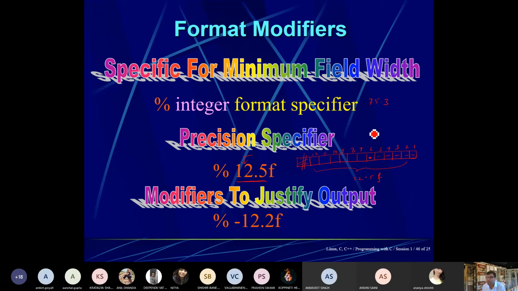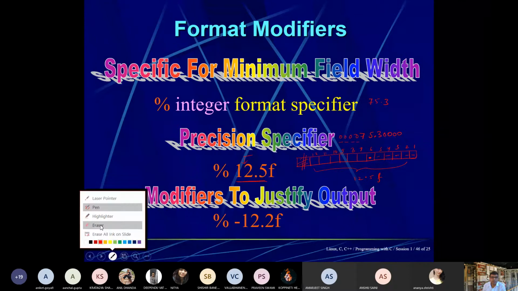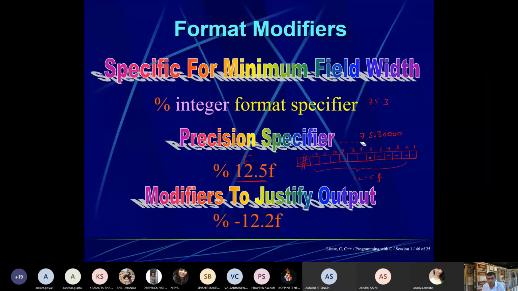It will write 75.30000, then fill the rest of the 12 positions. Leading zeros will not be there, only spaces, in terms of right justification. It will automatically leave this space blank. Are you able to understand what right justification is now?